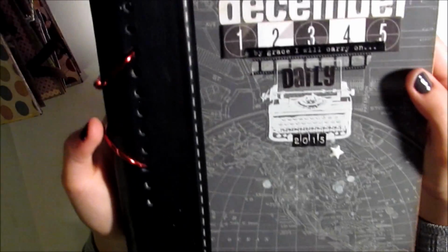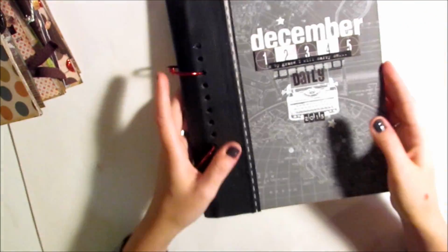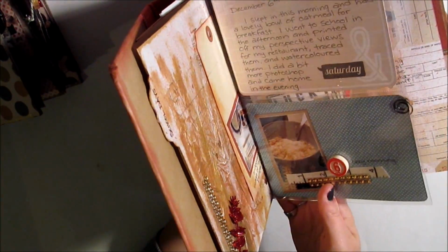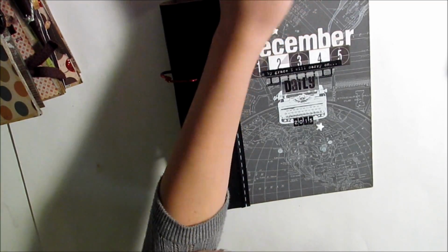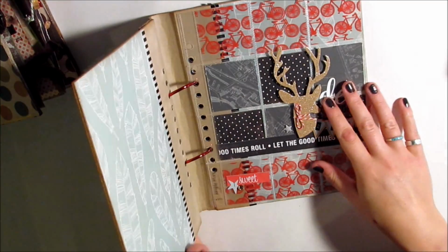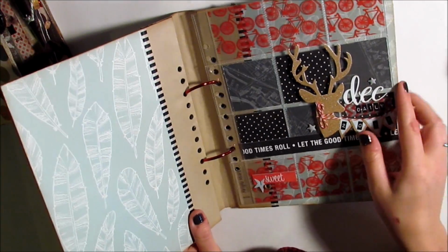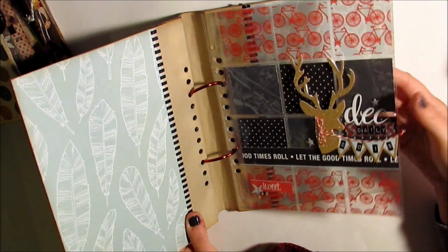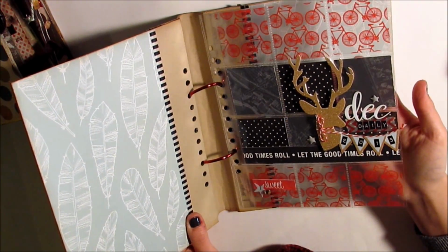So for this year's album, I created this book, and I really liked, back last year, I really liked using these pocket pages, and I've been getting a lot more into pocket scrapbooking. I'm working on our honeymoon album right now and doing all Project Life type style for it. So for this one, I bought a bunch of these clear pockets, and I'm going to mainly use those. I'll also put some normal pages in here, but